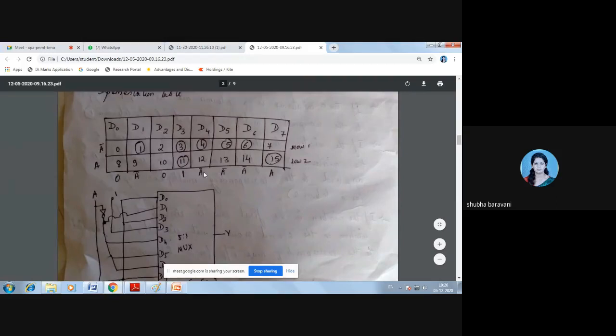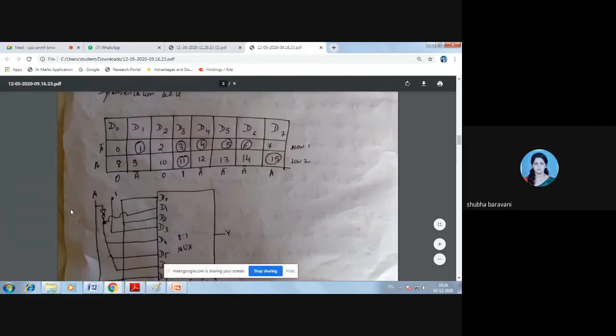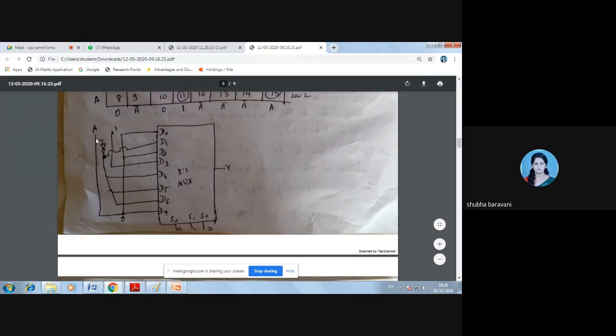So I've connected D1, D4, D5, D6 to A bar, and only D7 is connected to A. Here you don't put a node, bring it down and add it to 0. D0 should be 0.